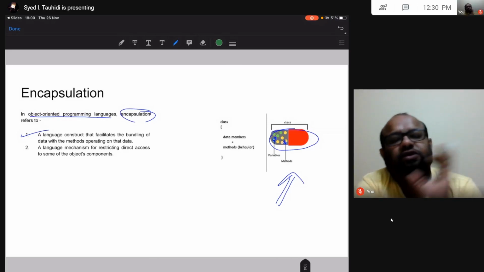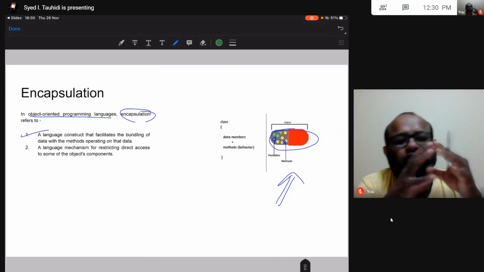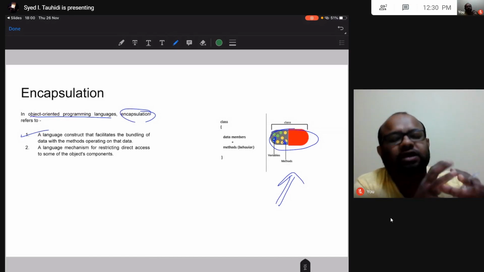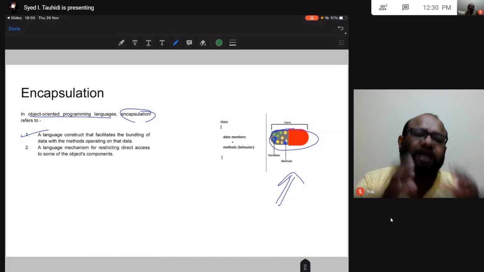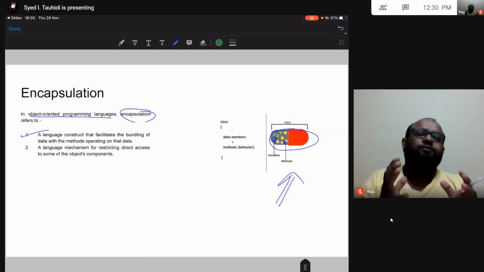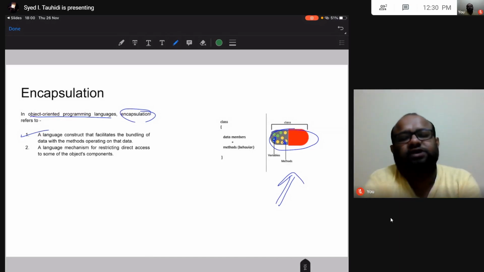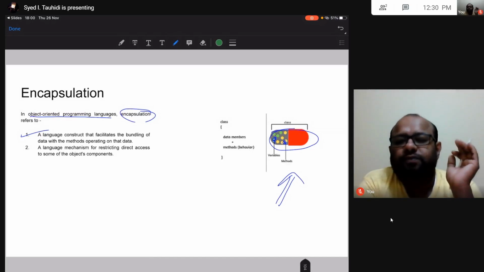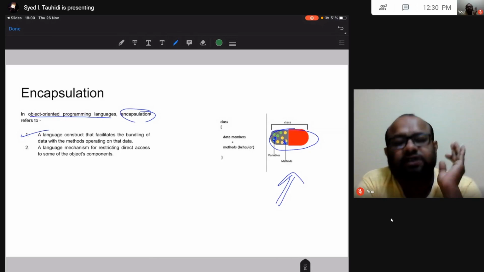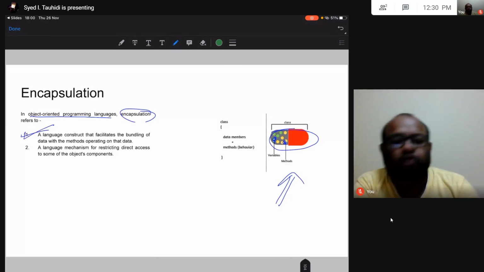So the methods and the data attributes are all placed together inside a class. In object-oriented programming, in C++ also, the class is a very useful feature that enables us to do encapsulation. That is your point one.